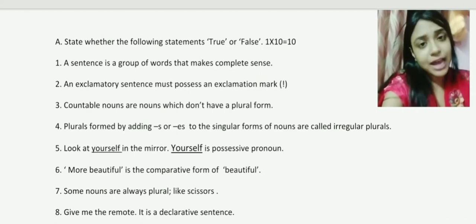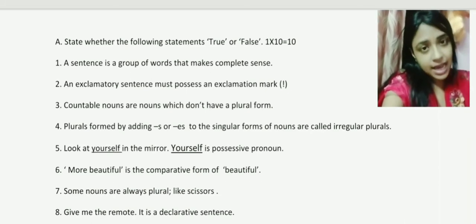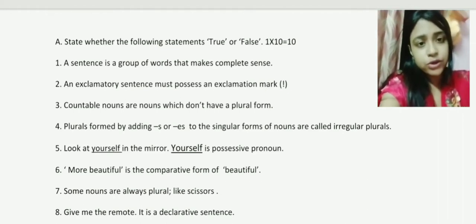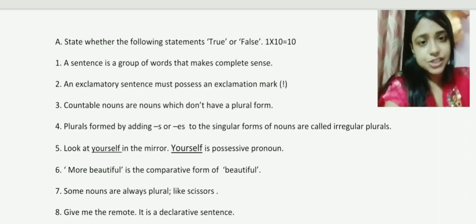So according to that pattern, I have made this question paper of this revision test. After going through this, you will have a guideline of how the questions will come in the examination. As we can see, there are some questions on the screen. I'm not going to read them out because you will have this available in the study material section.